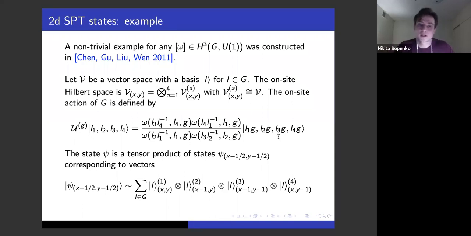So it is constructed such that it depends on the class of H3. So we have some function, and we use it to define this group action. But with such a group action, the phase is actually non-trivial. So we could somehow define it in a frame where this group action is natural, but then the state that we describe would be harder to describe.